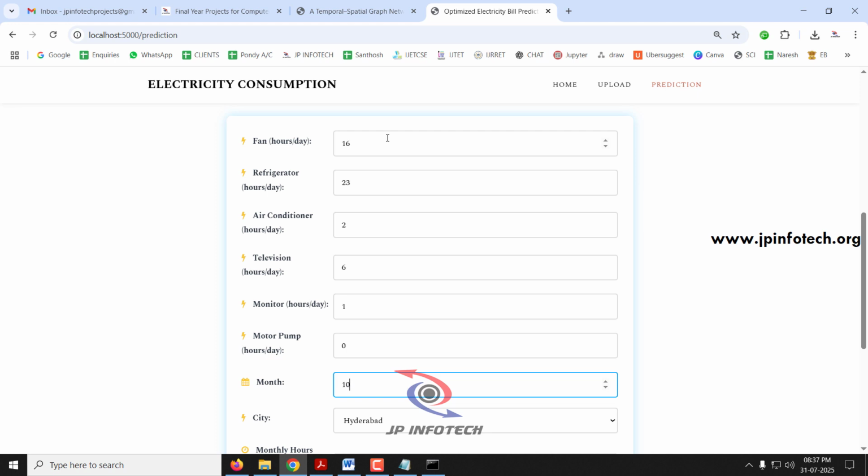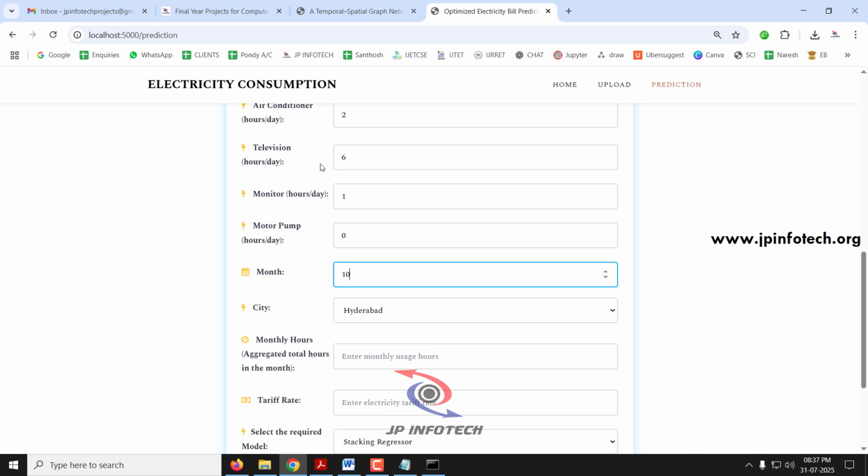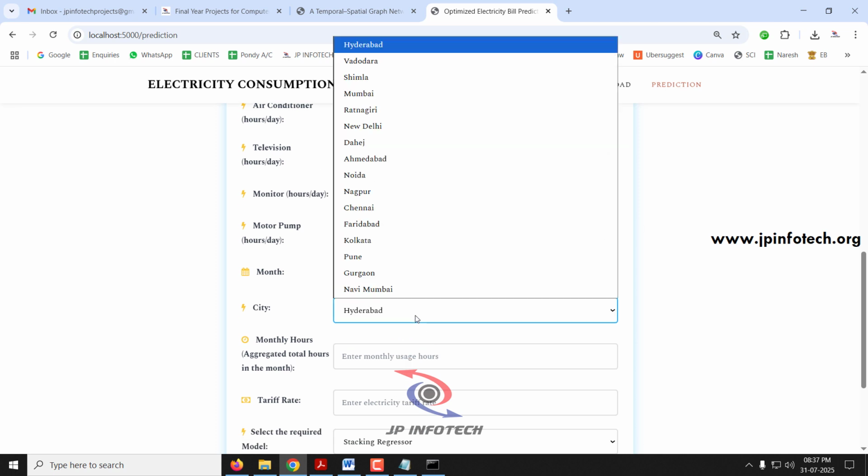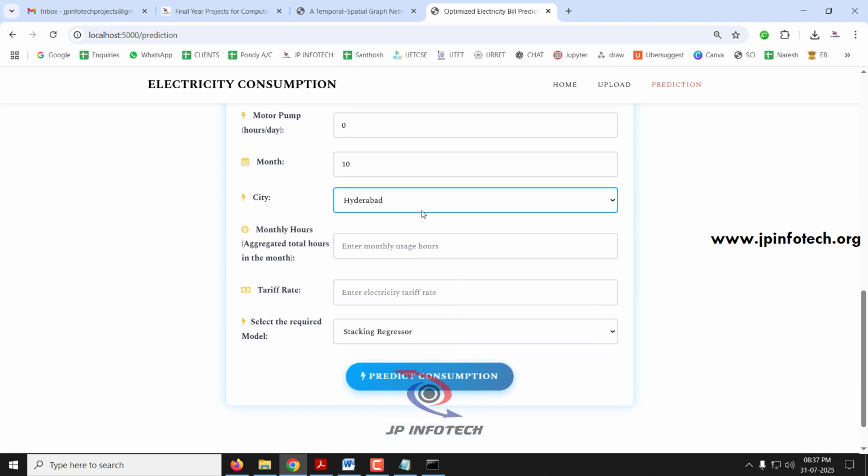So here I'm just entering the month as 10, and the city is Hyderabad. You can see the details of the cities whichever is available in the data set. You can just select it. So I'm selecting Hyderabad for this case, and monthly hours aggregated value is 384, and tariff rate is 8.4,